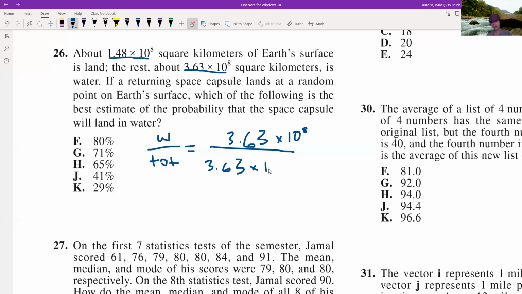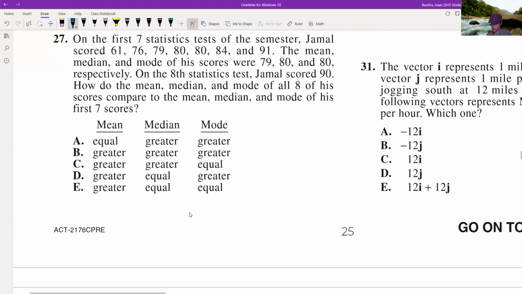And your calculator, if it's not a TI-84, might not be able to take this in quickly. But that's just what you have to do. Some are just like this. And then the answer is 71%. You would get 0.71 or something, and change that to percent. Okay, so